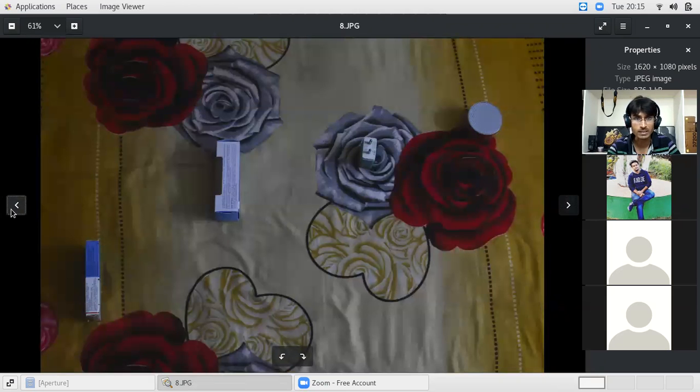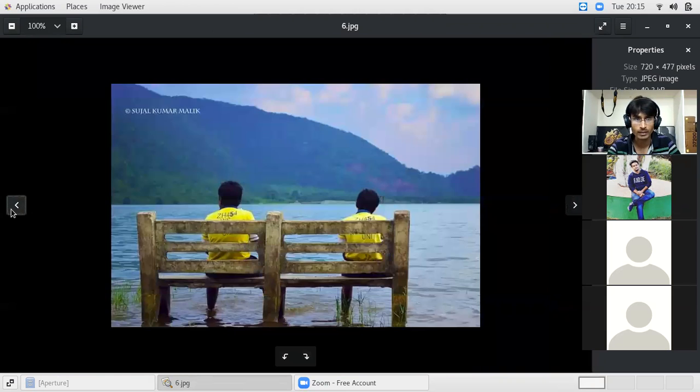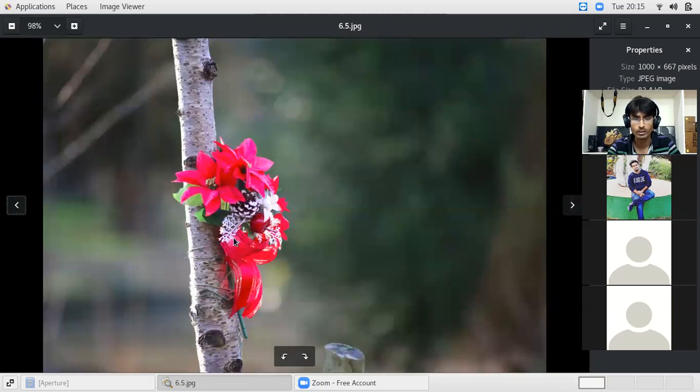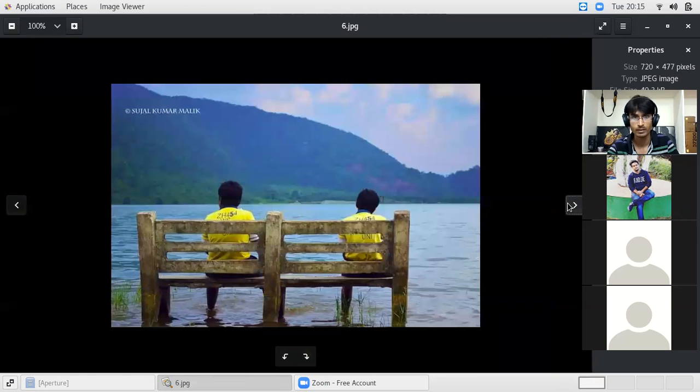So in certain conditions, like when we want the subject to be in focus, we have to shoot some model, some subject, and we want the background to be completely out of focus, then we'll go for a bigger aperture, like this. In case we are taking landscape photography, where everything in the entire frame is desired to be in focus, we'll go for a smaller aperture, smaller opening, bigger f value.